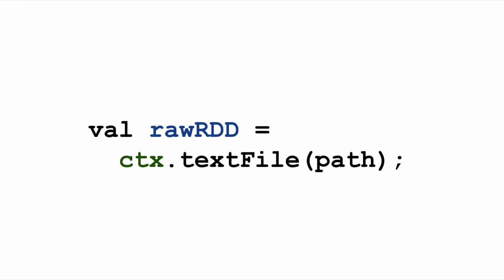More interestingly, you could read in values from HDFS, you can read in raw text files. In this case, we're taking in a path that points to a folder full of text files, reading that in, and we get this raw RDD to start processing with. The nice thing, and the reason this is succinct, is that essentially we have a raw RDD of strings. With Scala, it infers all the types for us, so we don't have to declare that explicitly.